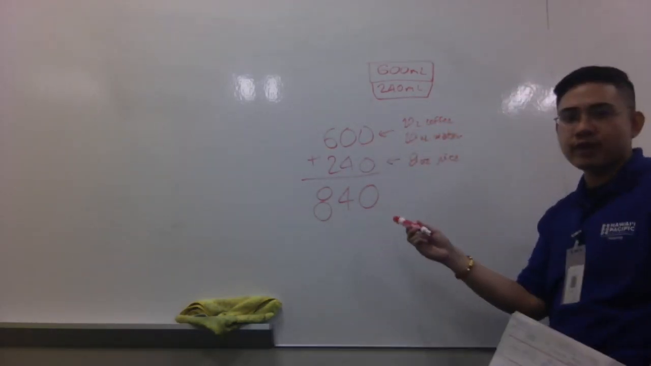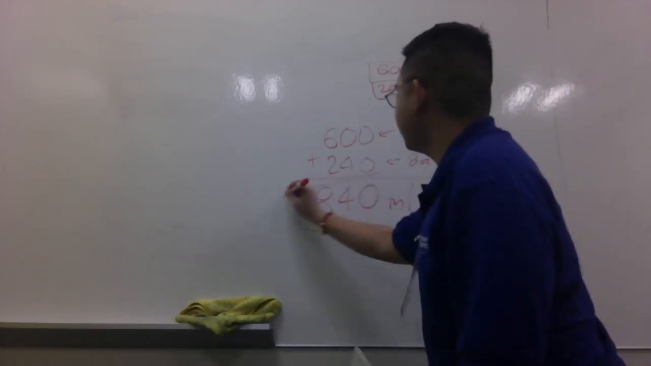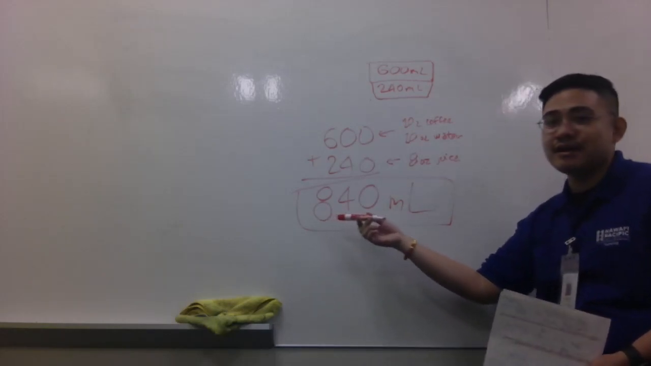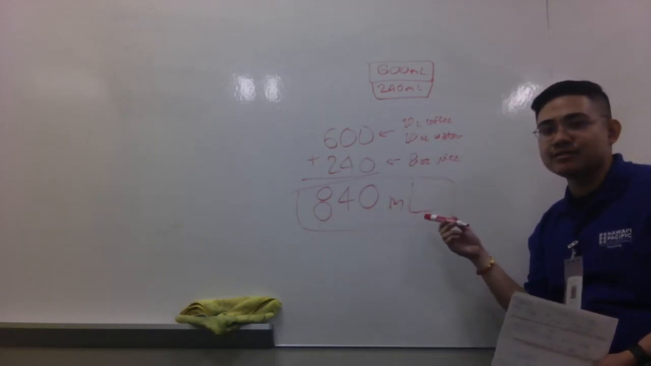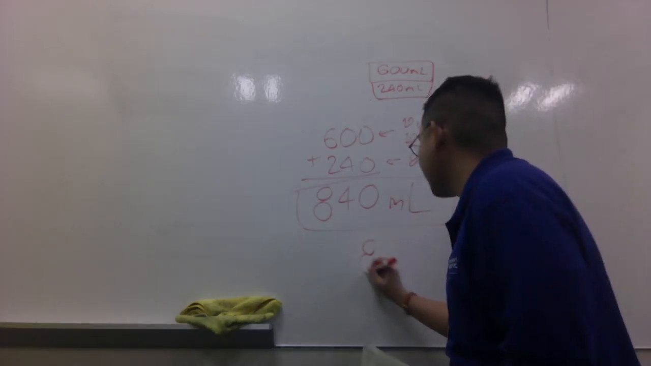600 plus 240 is 840 ml. So this is going to be our total. This can be our answer. On a computer exam, you just put down 840. Don't mind the mLs. Don't even think about putting a 0.0 at the end, because if that's the case,